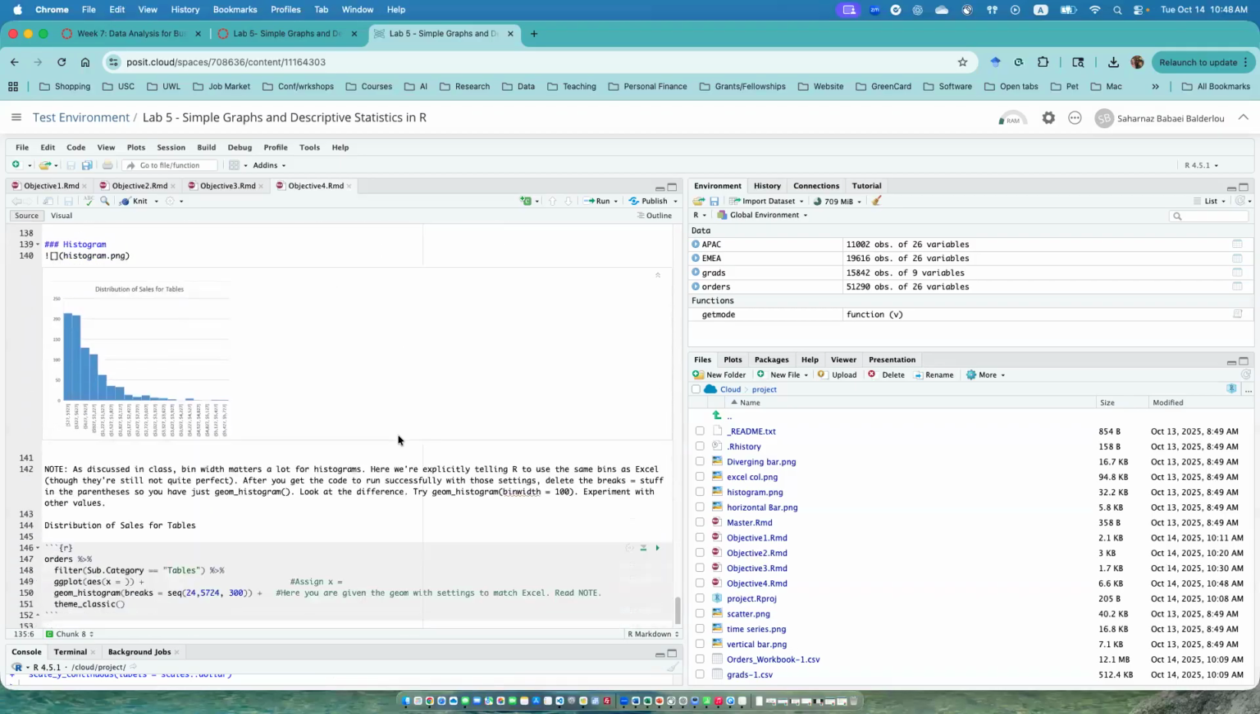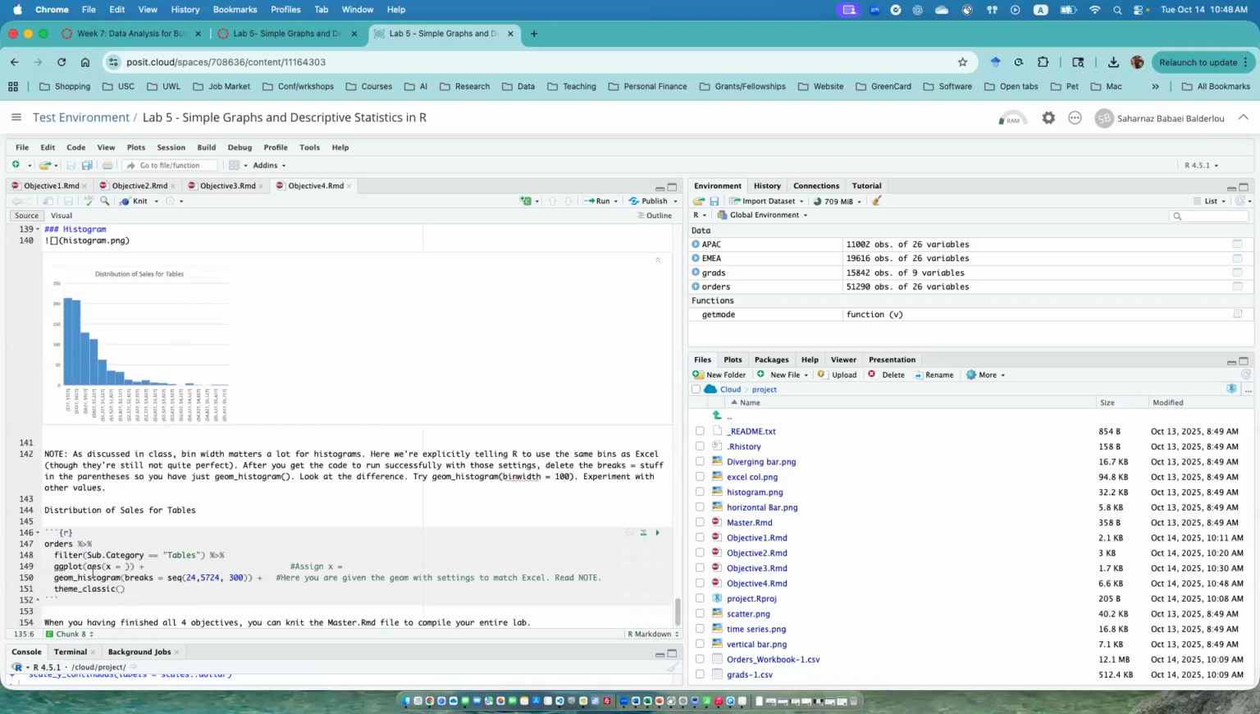So in the histogram, we're going to use this graph. We have only x variables over here. So for the x variable, we're going to create distribution of sales. So we only have just one variable. We don't need y variable. So I assign x to be the sales variable. And as we discussed